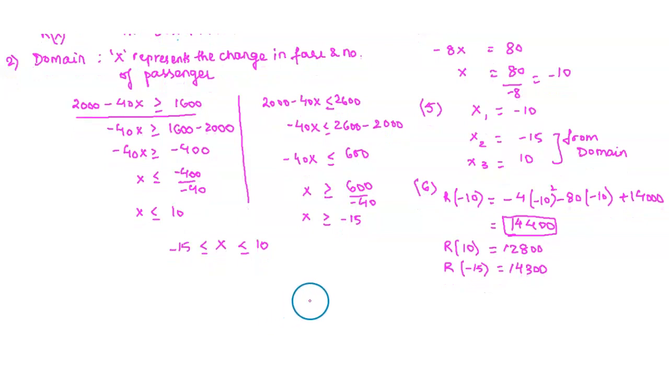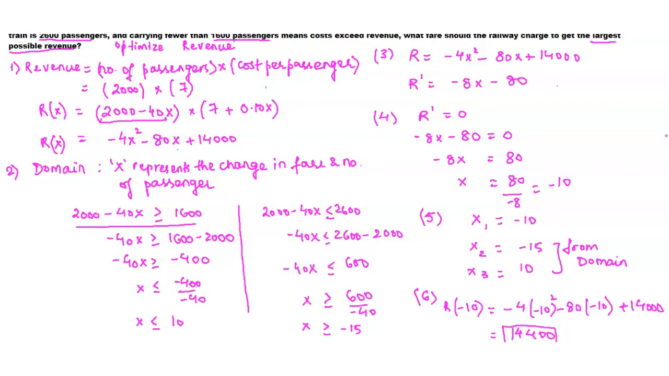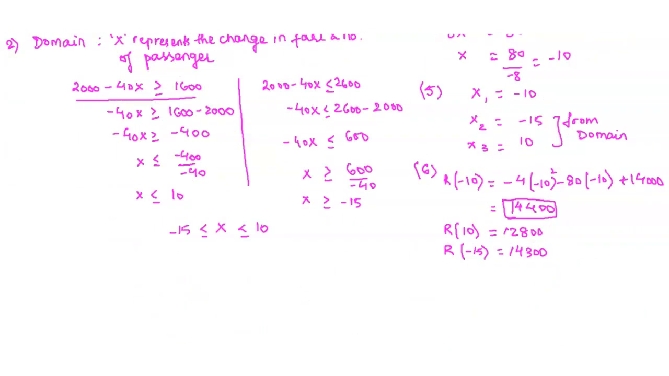Now, when x is negative 10, they wanted us to find out what fare the railway should charge to get the largest possible revenue. And the fare bracket is this. This is our fare bracket. Now, on this fare bracket, we will sub in negative 10. So our fare bracket was